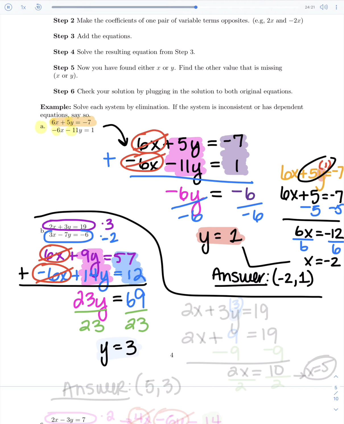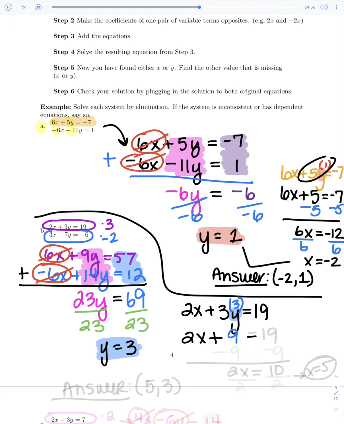Again, we're not done. We still need the x that's going to match up with this to give us our full point. You can choose either equation. I'm just going to choose the one that I think is the easiest, which is the 2x plus 3y equals 19, the original equation. Why? Because I haven't tampered with it, so I know it's probably not going to give me any errors or issues. So I'm going to plug in the 3 wherever there's a y. That gives me 2x plus 9